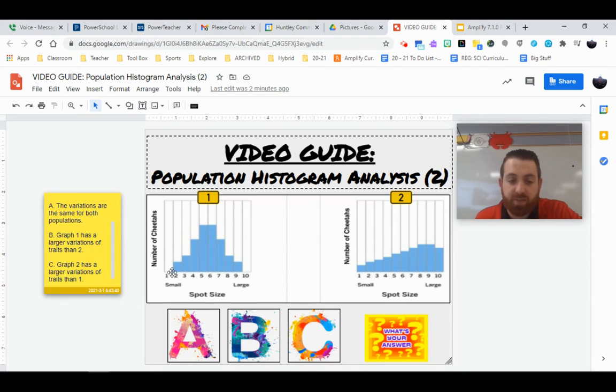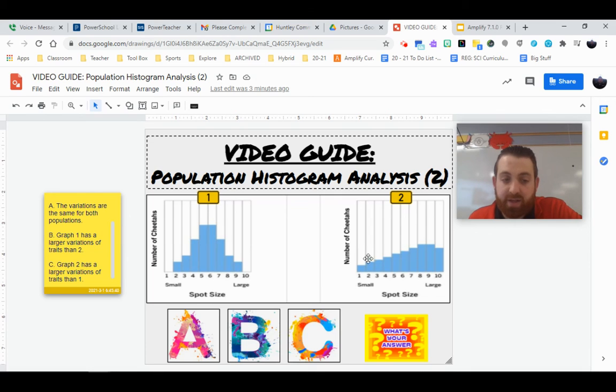So the smallest possible spot sizes and the largest possible spot sizes do not exist within our cheetah population for graph 1. So really, graph 1 only has 1, 2, 3, 4, 5, 6, 7, 8 traits that we see within the population. Now, if we look at graph 2, all 10 traits are found within this population. So if I were to randomly pick a cheetah from this population, I would notice that, hey, I can pick almost any cheetah from any trait possible. Now, I'm more likely to pick certain traits than others, but nonetheless,